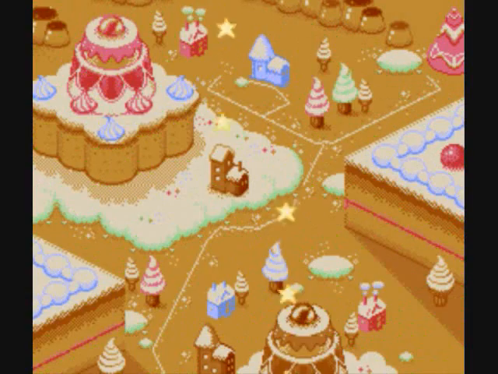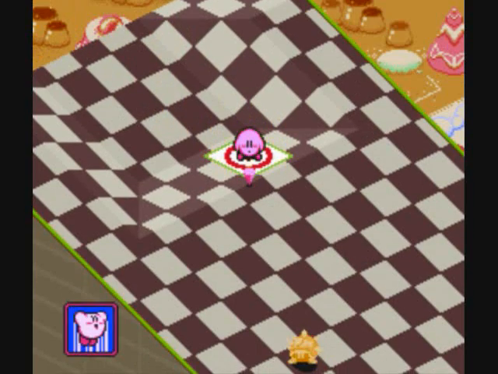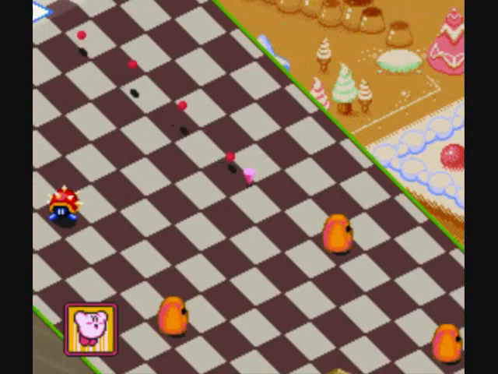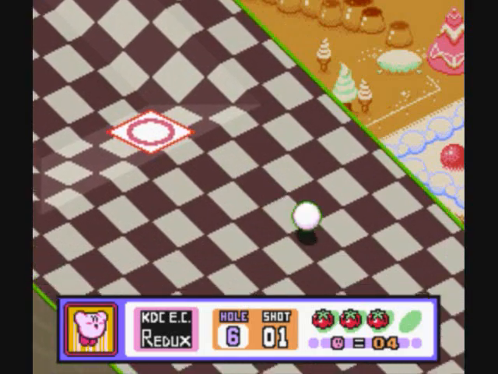I might have done it the first time. There's a better way to do that. I can't think of it though. Oh shit. Now, if you have the tornado, you can actually do this in a hole-in-one. If you don't have the tornado or you have the high jump...